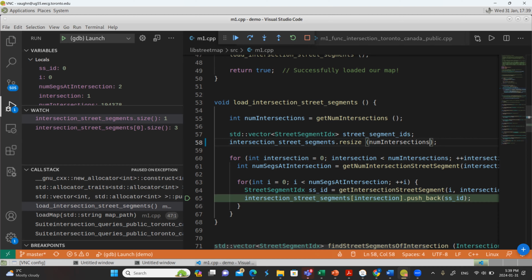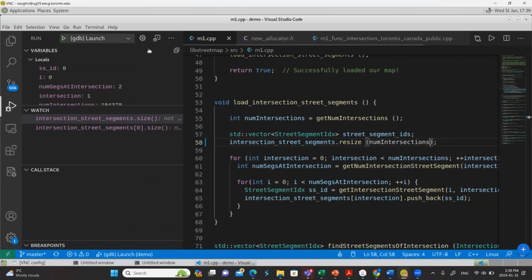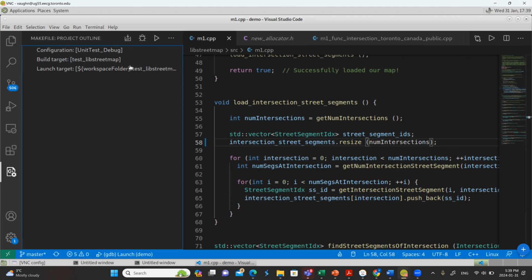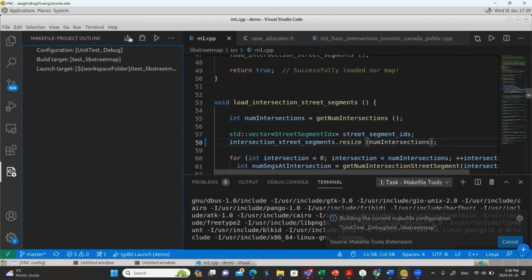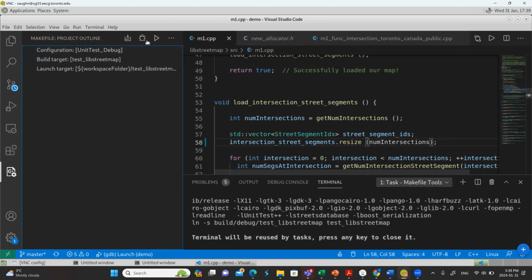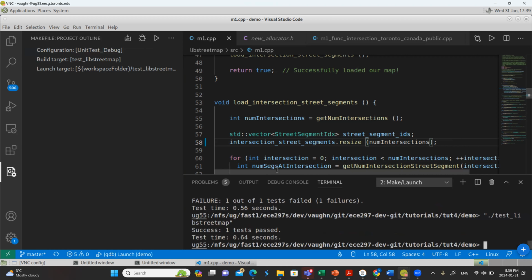I'm going to build that, so I'll stop debugging. I'm clicking back over here on the Makefile tools. I'm going to rebuild it. And I'm confident, so I'm just going to run it. Now the run says success, one test passed.